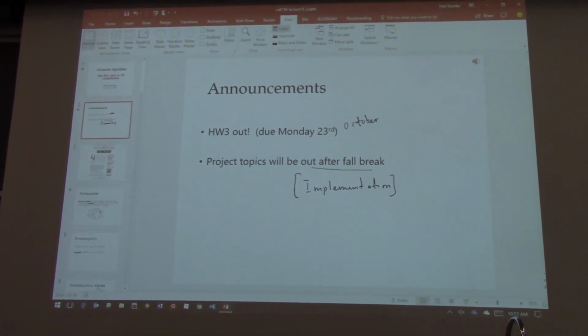So what will the implementation be graded on, like the runtime complexity, space complexity? No, actually what you will be required to produce is outputs. Maybe I should have given an example of a project. The way it will work is you will start off with some problem, and you'll try a couple of algorithms for it. An example could be, let's say you have a huge graph and you want to count the number of triangles in it. This is one of the standard problems people try to do.